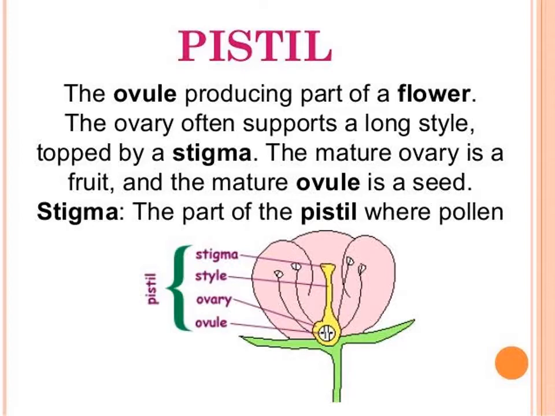So what do the parts of a flower do? The main flower parts are the male part called stamen and the female part called pistil. The stamen has two parts, anther and filaments. The anthers carry the pollen. The stigma is a sticky surface at the top of the pistil, so it traps and holds the pollen.